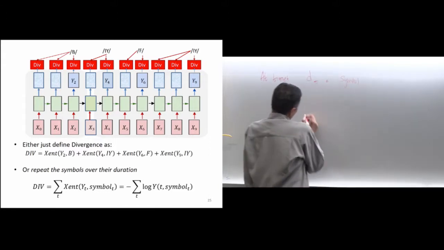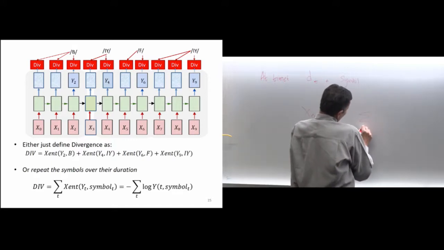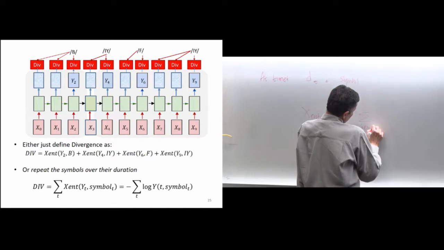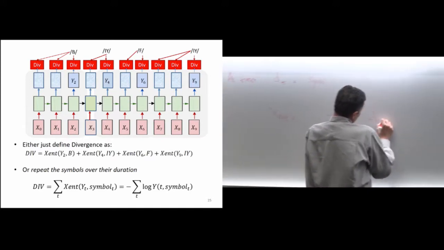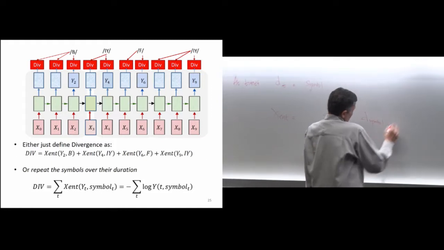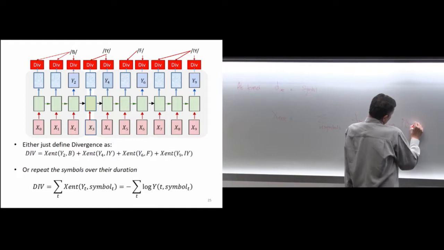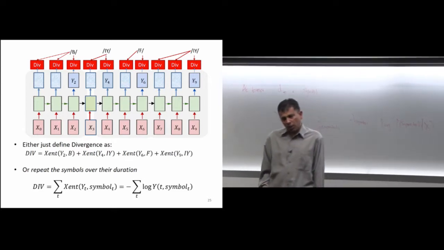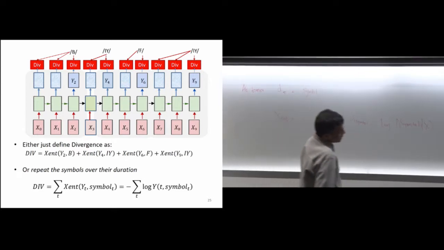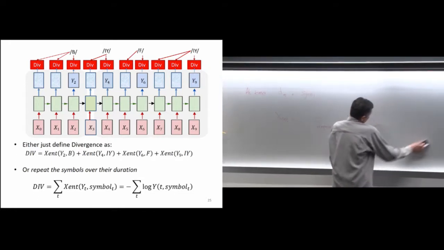Then the cross entropy is going to be a summation over all symbols of the desired value for the symbol times the log of the probability of the symbol that's output by the network given the x. And this probability is simply the output of the network, the log of y